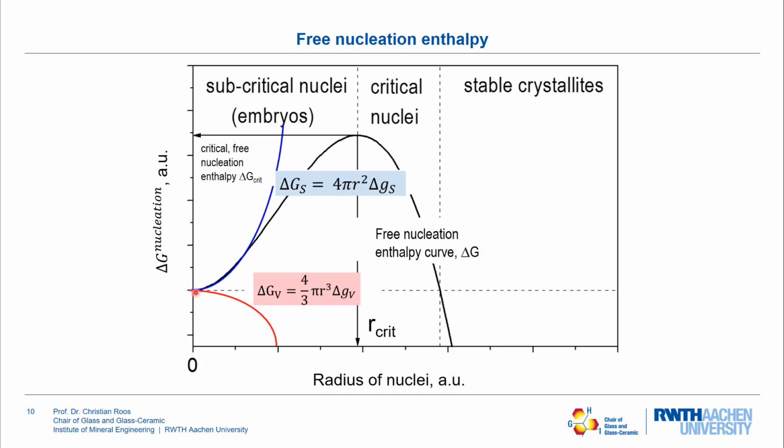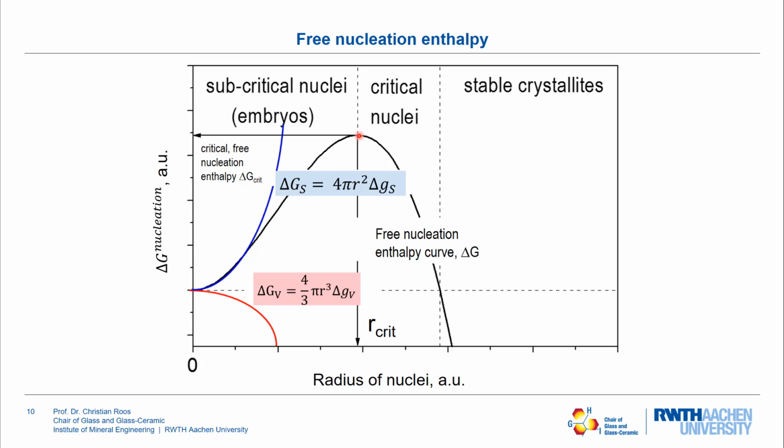And the free enthalpy of nucleation increases. However, at a certain point, certainly the power of 3 is much more overwhelming than the power of 2. And this is why at a certain size of the radius of the nuclei, the free enthalpy of nucleation decreases,